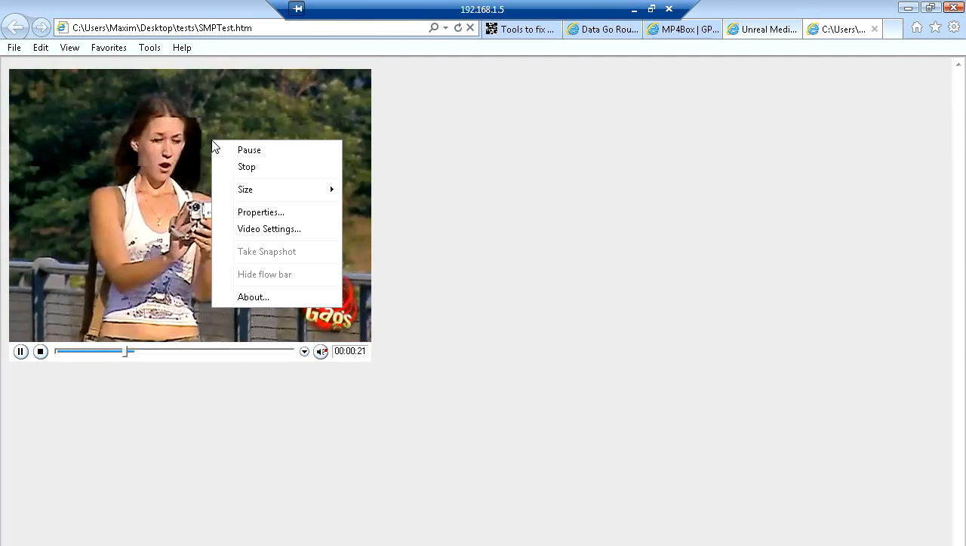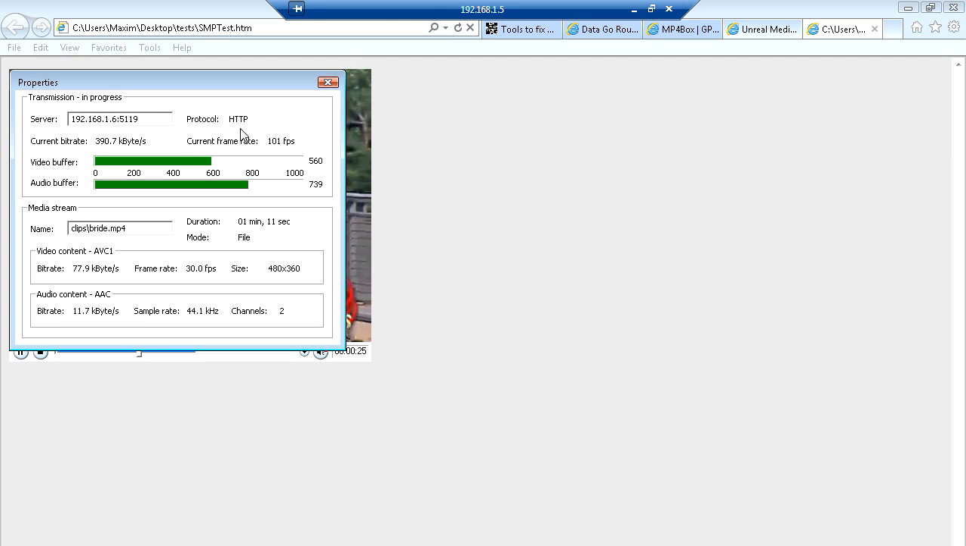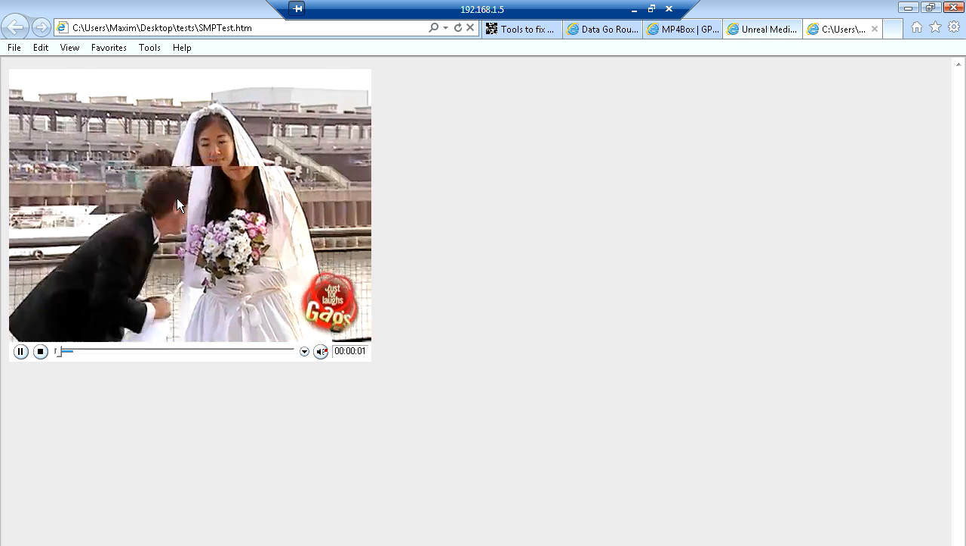You can do right-click properties. You can see that it's streaming over UMS HTTP, with all the parameters about the movie. So this, again, let's play. This is the ActiveX control